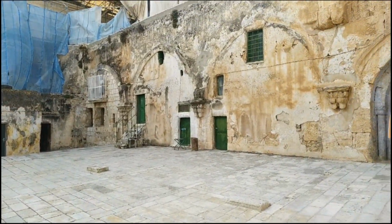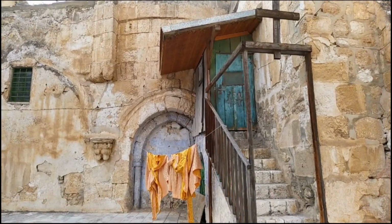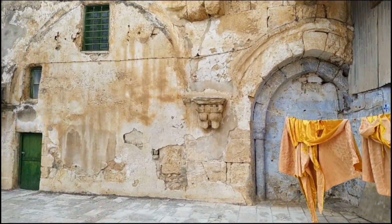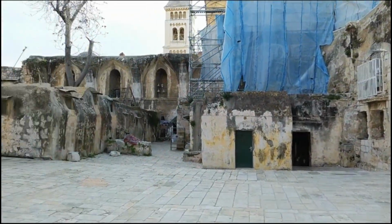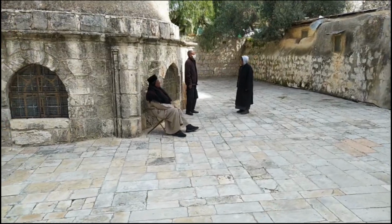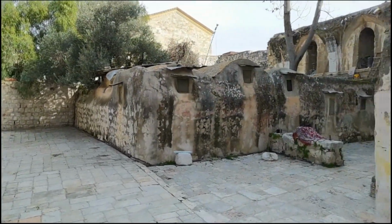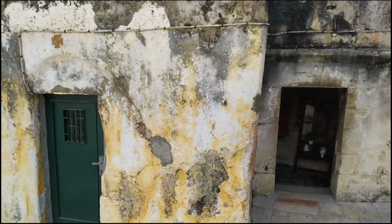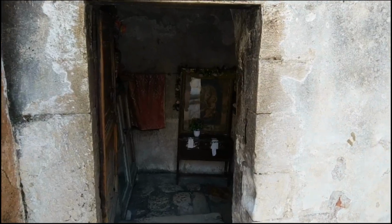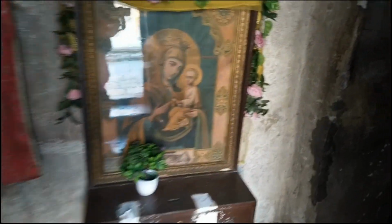Lots of little doors there, and here, very small apartments. These are the places of Ethiopian monks. They are the ones living on the rooftop of the Holy Sepulcher. It's all little apartments there. You see their windows. And here, watch your head, but here you get into two little chapels of the